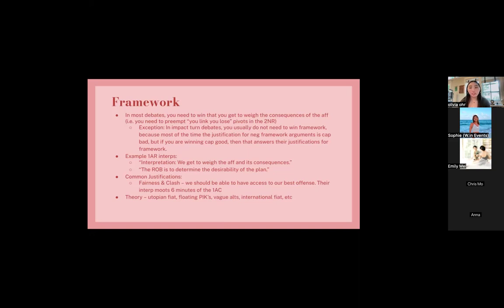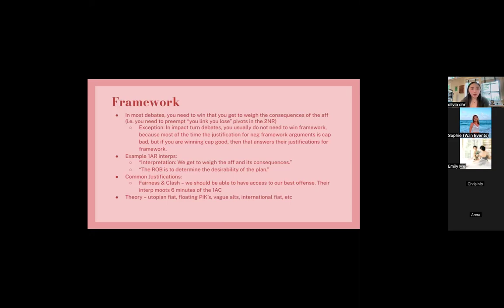You should definitely change your framework interpretations based on the round, and definitely change the amount of time that you take to make this argument in the 1AR. The 1AR is a super difficult and time-crunched speech. If you know that the framework interp is probably going to be middle ground in the 2NR, you probably don't need to spend more than 10-15 seconds on framework. But if you know that the 2NR really wants to go for framework-heavy CapK, then you should obviously spend more time on framework, because that will probably determine whether you win or lose the debate.